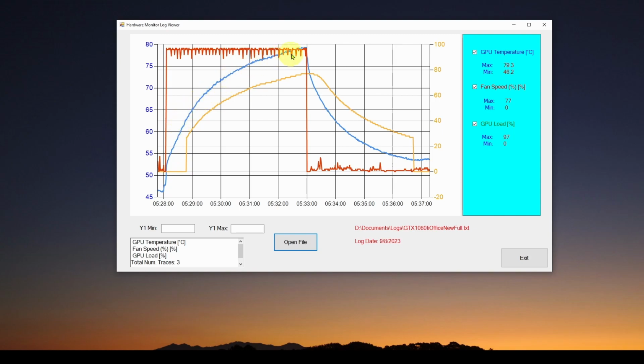slowly increases over time over the 5-minute render. And you can see also the fan speed in orange stays off for a while, and then it increases over time. And then we stop the render, and quickly the GPU temperature drops and the fan speed drops. So it's a really good way to get a full understanding of what's going on with your GPU or your